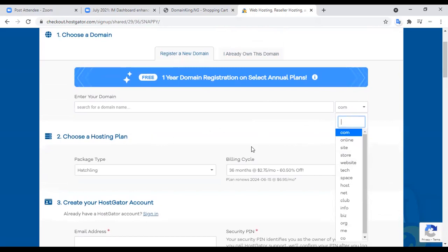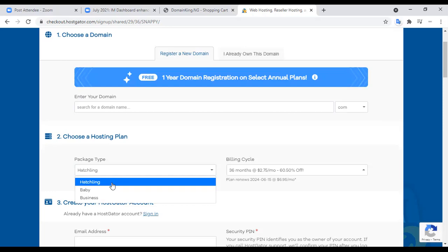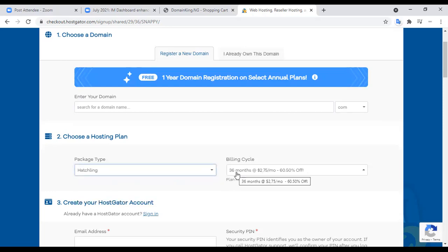All right, so let's go ahead. These are other extensions, as you can see, but let's go ahead, so we don't forget the hosting plan we want to choose initially. I told you to choose Archling. When you choose Archling, and if you're paying for 36 months, which is basically 3 years, you pay the price you saw at the beginning, which is